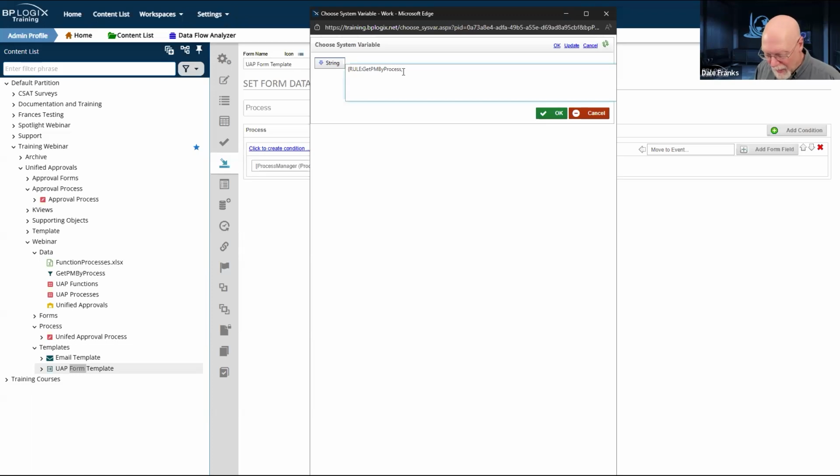And now we need to add our parameter to pull the value. We'll get PM by process, our parameter. We need a $sign. And I'm going to need to send him the